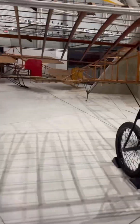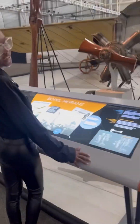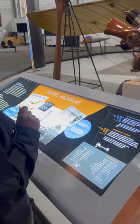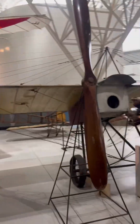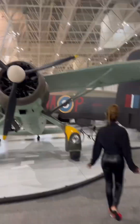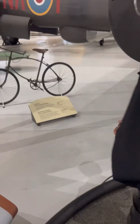And most of these aircrafts you see here, there is the Blériot, and most of these aircrafts were invented in 1911. This one in particular stood out for me because it was huge and it was nice, and I was wondering, how did the people get onto this plane? To be honest, where did they sit? How did they drive this thing? And I fear space and heights, so how can I even get on this thing and then fly in the air? But they all look amazing. All the colors, the green,